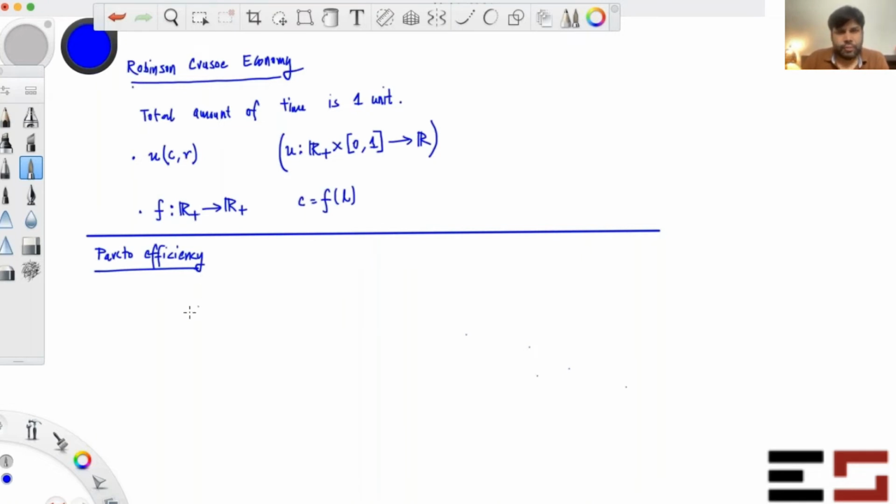Okay. So remember, in this case, an allocation is how much amount of coconuts is consumed and produced, how much amount of labor and leisure, how much amount of labor is put into the production activity of the coconuts. And how much amount of leisure is consumed by Robinson Crusoe. So what I'll say is that an allocation